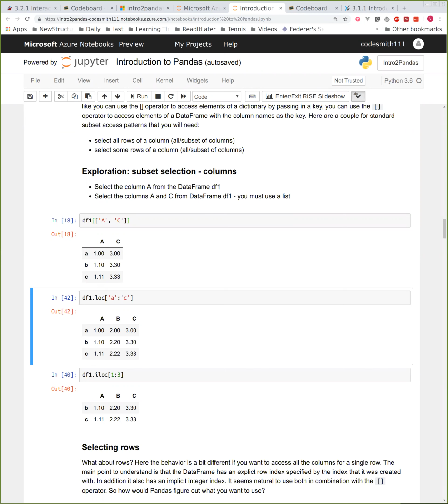So what is the index way of doing things? Okay, so let's start with the index way of doing things. You use this operator called loc. Okay, and to use this operator called loc, what you have to do is